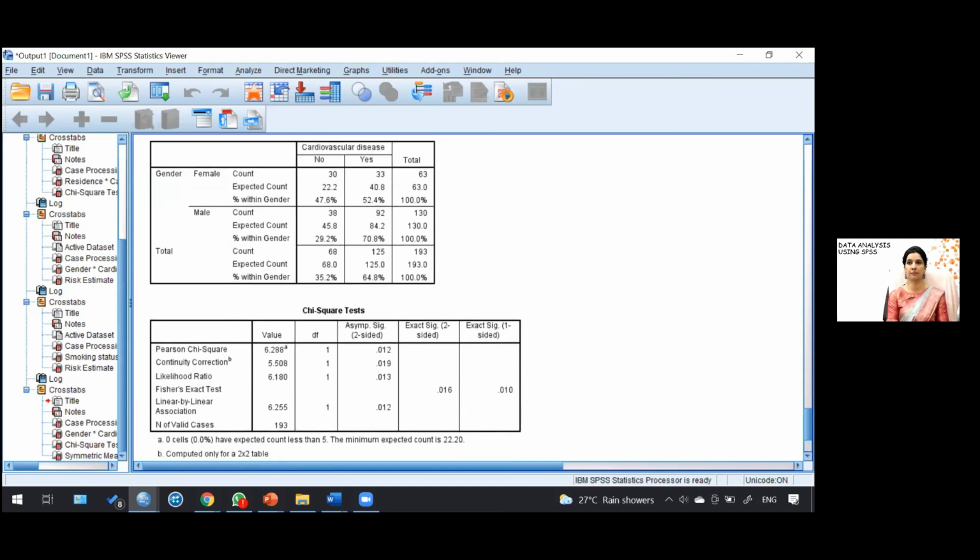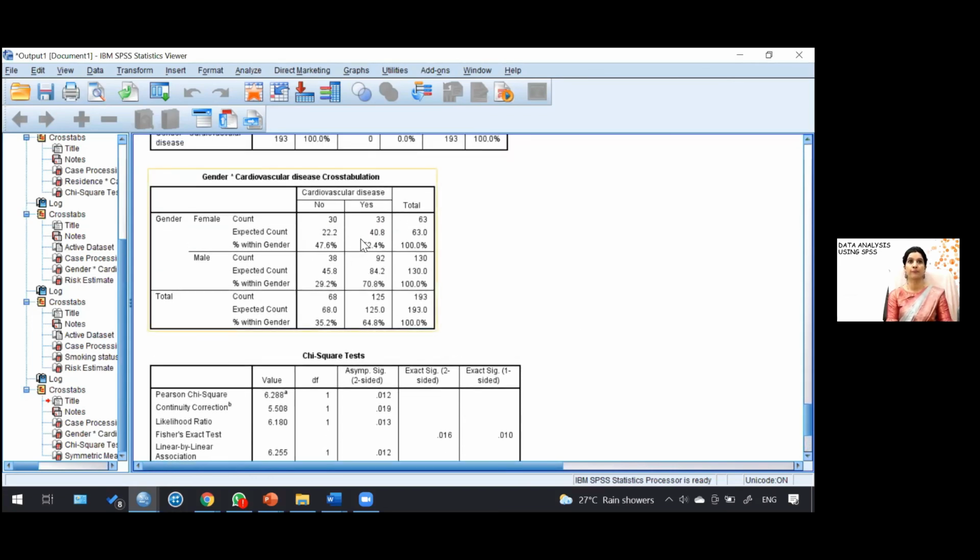So that's association. How do we interpret this association? If you see this table, I will say that the female were having less, because 52% of the female were having the presence of cardiovascular disease, whereas 70% of the male were having cardiovascular disease. So the null hypothesis in this case is that there was no association. The alternate could be one-sided: I can say that the males were having more cardiovascular disease. That will be one-sided. And if I want a two-sided hypothesis, I may say that males can have more or less as compared to female, right?